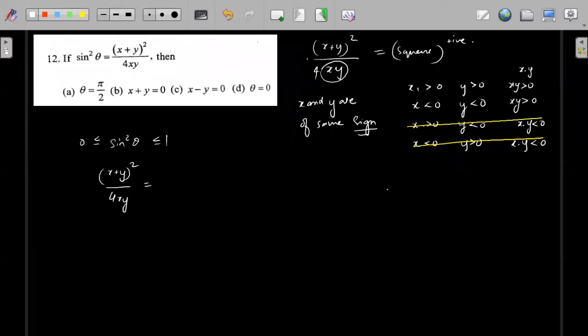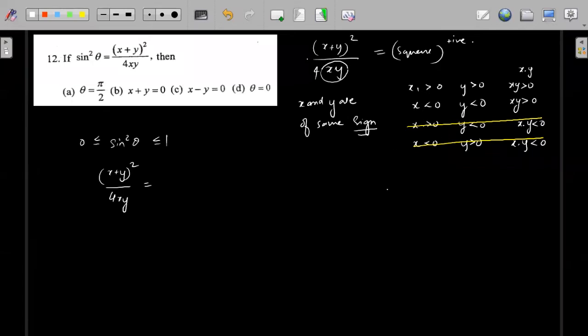So when x and y are of the same sign, right side and left side both will be positive, and then we can compare and find a value for which they will be equal. But if left side is negative and right side is positive, then they will never be equal. That means x and y will never be of opposite sign. Understood? So the first thing we have concluded is that x and y will be of the same sign.